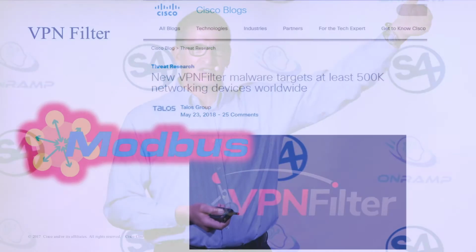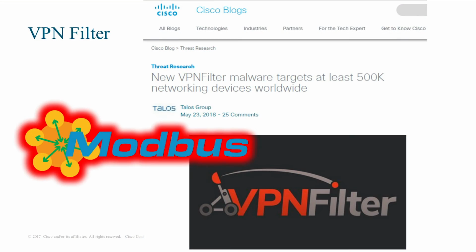All right. VPN filter. This was something that our folks, Talos, if you're not familiar with Talos, that's our security research arm here inside Cisco. They're the folks who actually discovered the MEDOC bit, right? MEDOC was that Ukrainian accounting package. They're actually the ones who figured out exactly how that stuff injected. There was another project here called VPN filter that they also discovered.